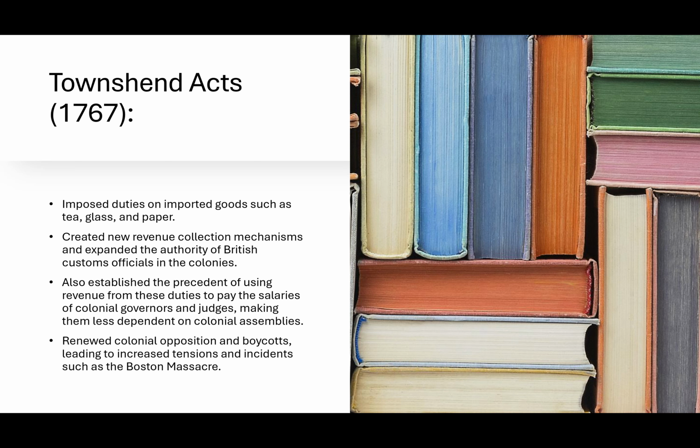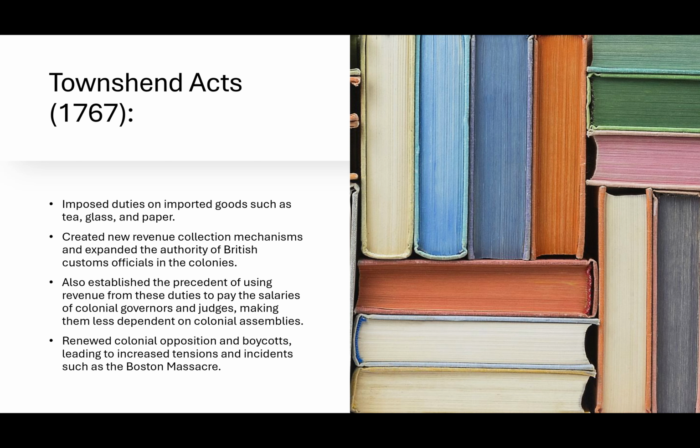So we're basically seeing here now the Townshend Act not only creates another mechanism for the British to make money, to replenish their treasuries, but also another way to try to get the legal personnel of the colonies to be more dependent on Britain and less dependent on the colonial assemblies. So they would use this money now to pay the judges and the colonial governors. So it is technically a power move that we see here from the Townshend Acts.